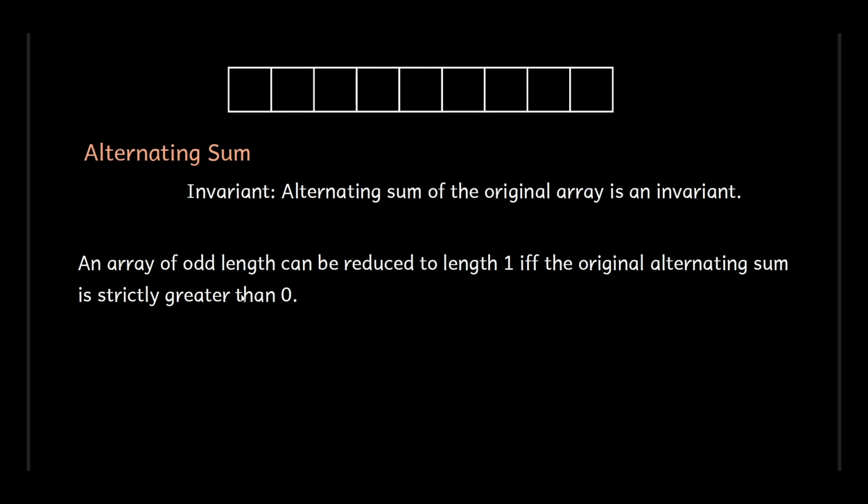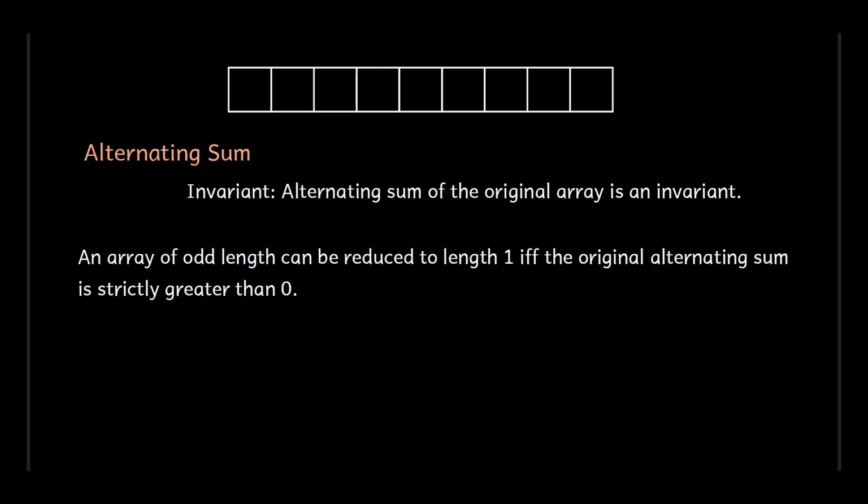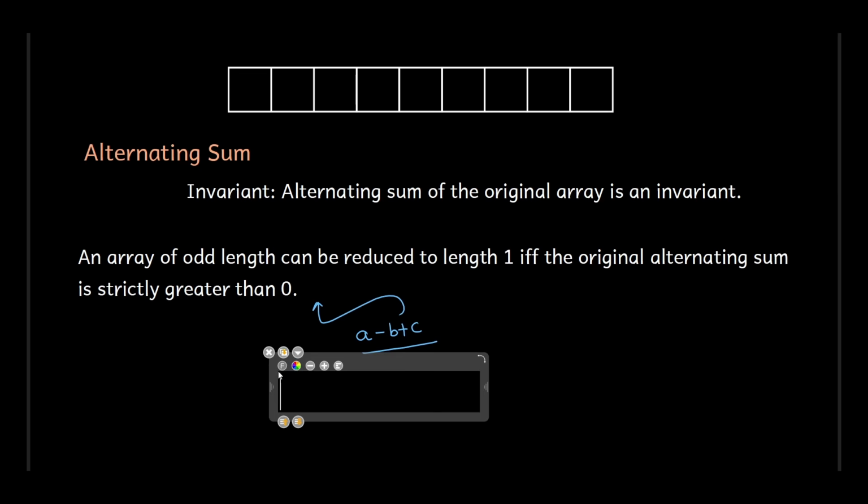Because if it is not strictly greater than 0, then no matter what strategy you take, in the last round you cannot do the conversion, because this sum will be equal to the original alternating sum, which is less than 0. In fact, you can also formalize this part that